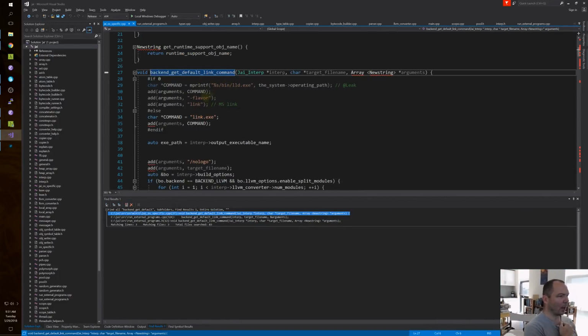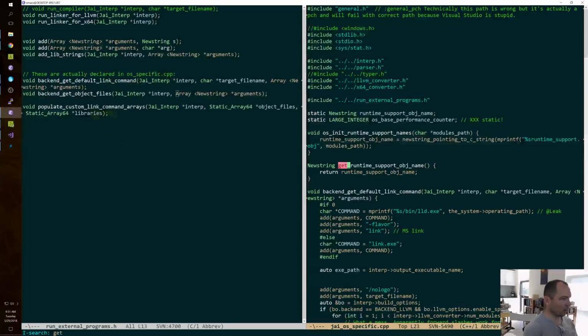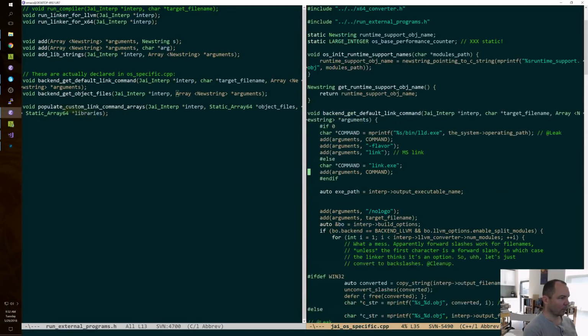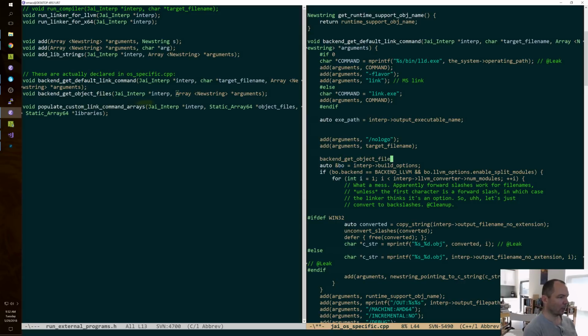So that we don't have to put this everywhere, I'm going to put the object files thing back over. So we're going to say backend get object files interp arguments, except